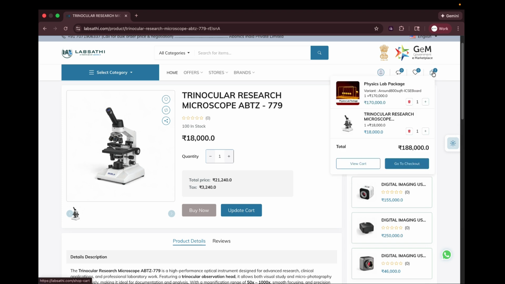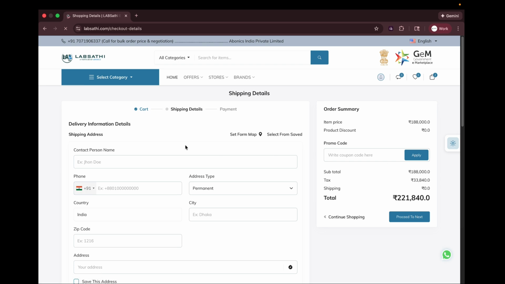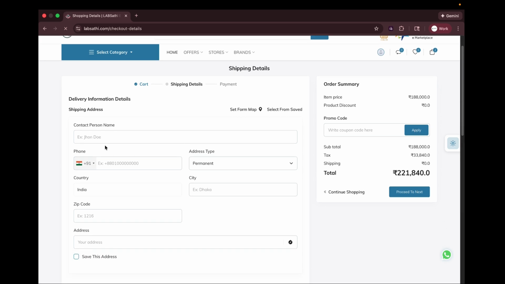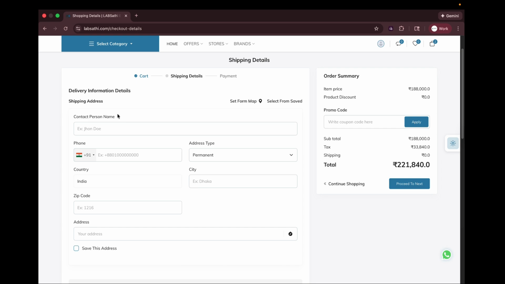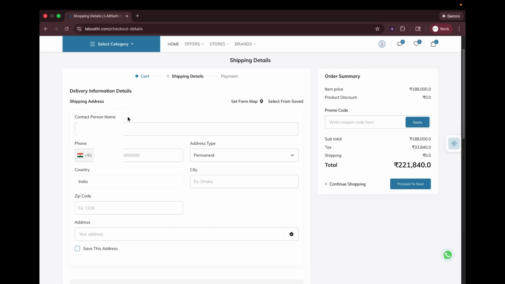In the next phase, what we're going to do is check out after we added all of these into our cart. Once you have all the products that you needed for one time of purchase added in the cart, you can go into the shipping details and then you can type in the name. Once I have the name and also the phone number added,